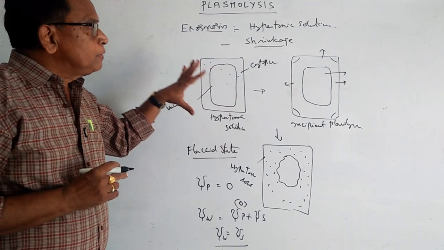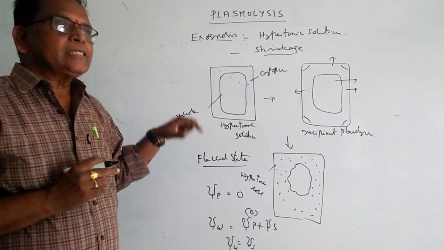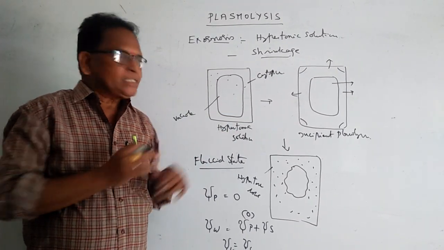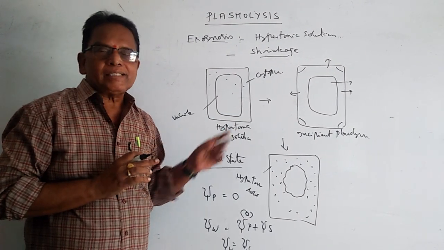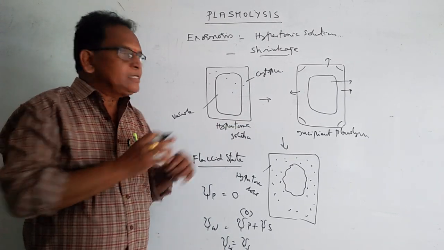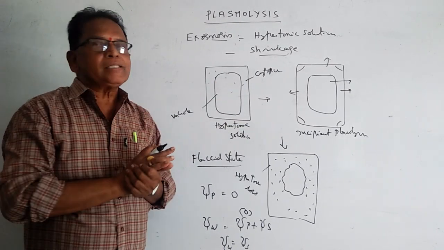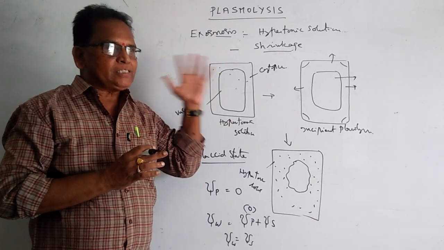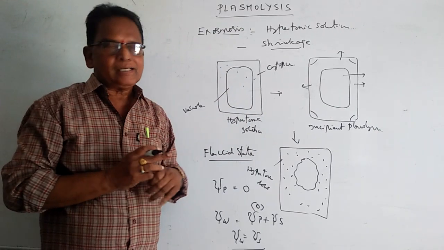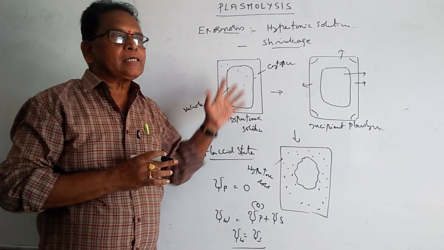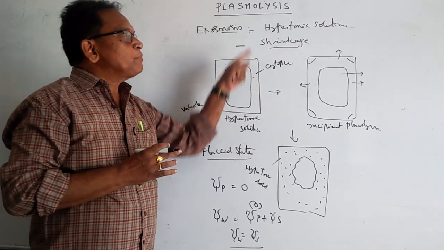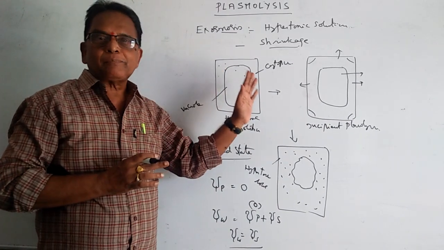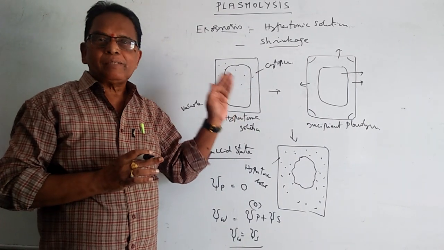This plasmolysis condition is not a normal routine situation in plants. This is a very deleterious condition for the cell. Normally we won't find plasmolysis in plants. Plasmolysis is normally found in plants which live in saline areas, in places with high salt content. In normal conditions, plasmolysis is not at all observed in plants.